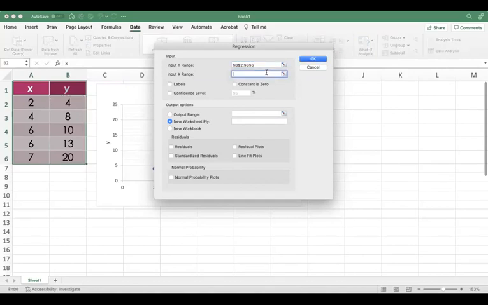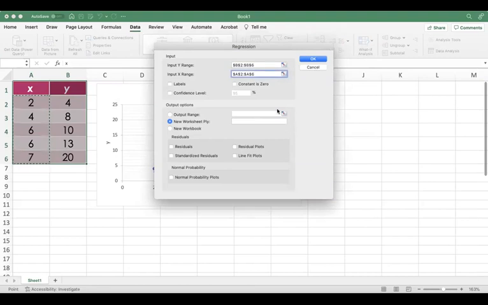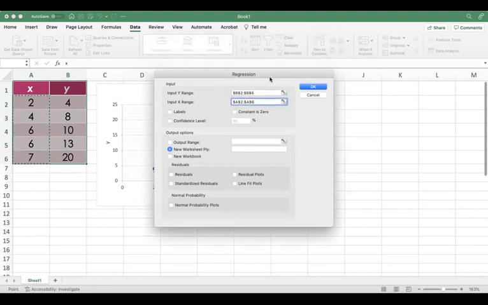So here I'm going to go for X values. It's easy to click on this because then it lets you highlight and drag. So I click and I drag and I get the values I need. Then I hit the little button there again, and that allows me to get this window. I'll just drop it in a new worksheet. That's fine. If you want a whole bunch of other things, you can click on these, but the output should be sufficient as is. So if we click on OK,